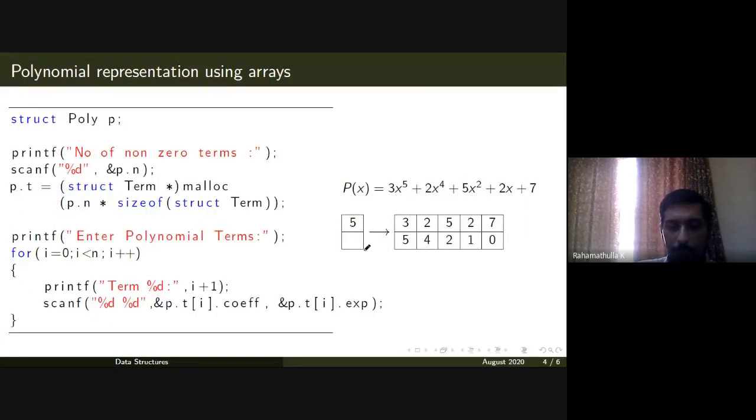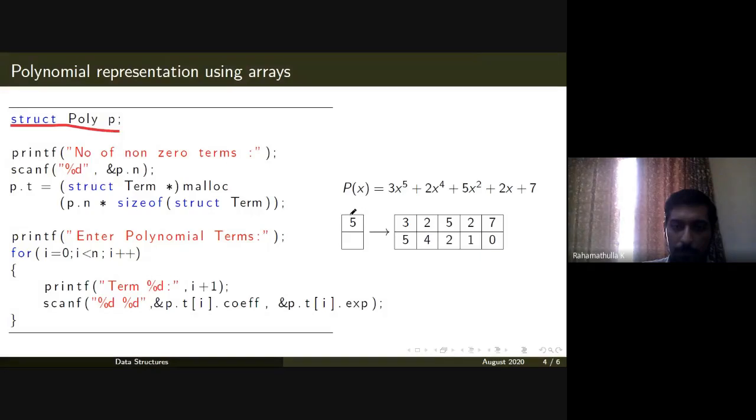So this is how it will look once you do it. This is my polynomial 3x raised to 5 plus 2x raised to 4 plus 5x squared plus 2x plus 7. Let's forget about this for the time being. Struct poly p, if I issue this command, it will create a variable p.